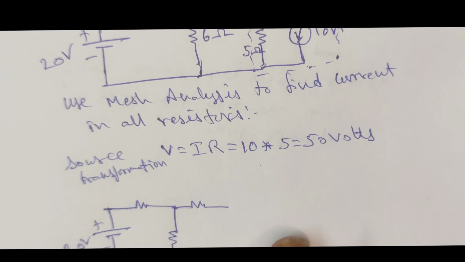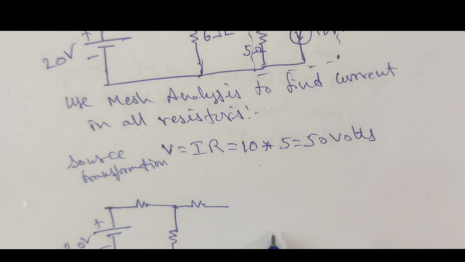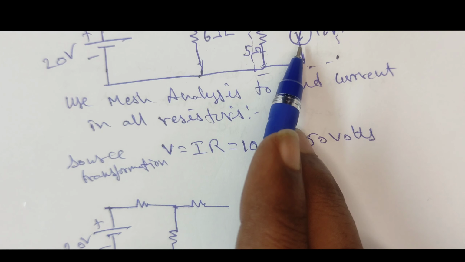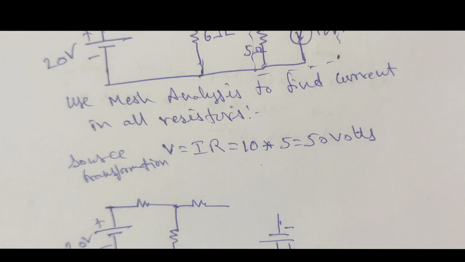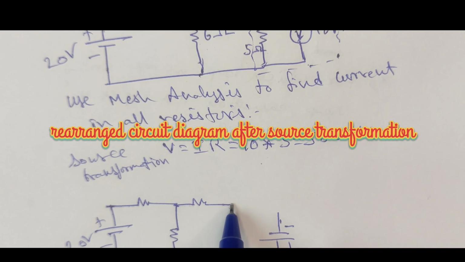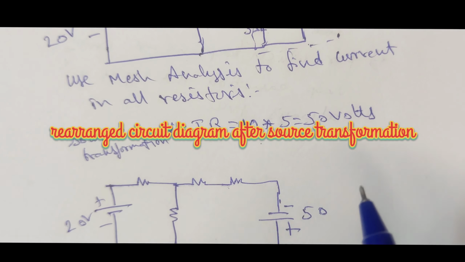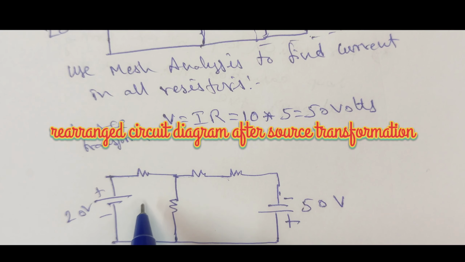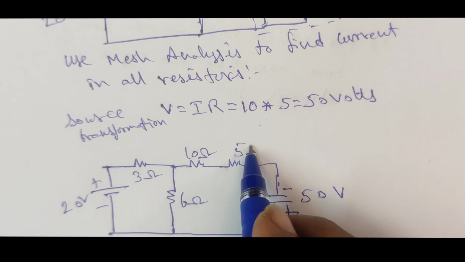Now in the circuit we need to apply that source transformation. Here we need to check the direction. The direction is downwards, so I must have negative on the top; negative is the first terminal and positive is the bottom terminal. Now I have joined it with the wire, but here we need to introduce the source resistance in series with this converted source. The value of the converted voltage is 50 volts, and the resistances are 3 ohm, 6 ohm, 10 ohm and 5 ohm.